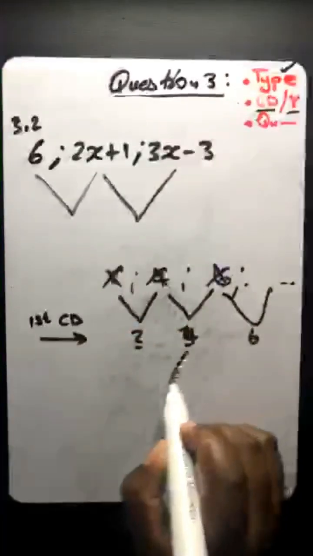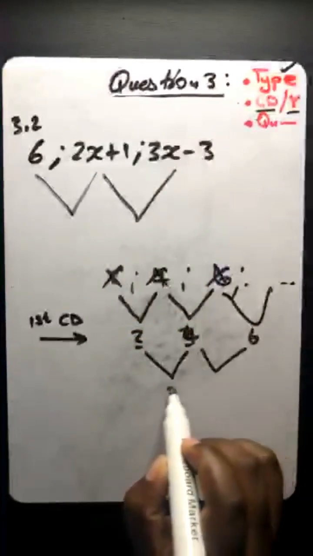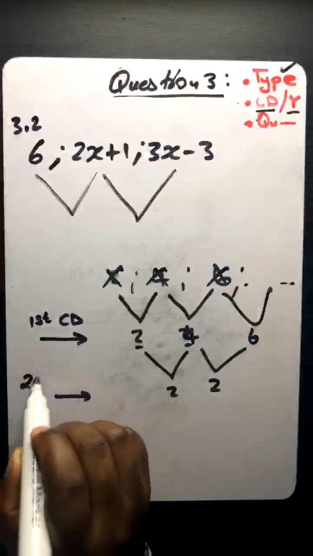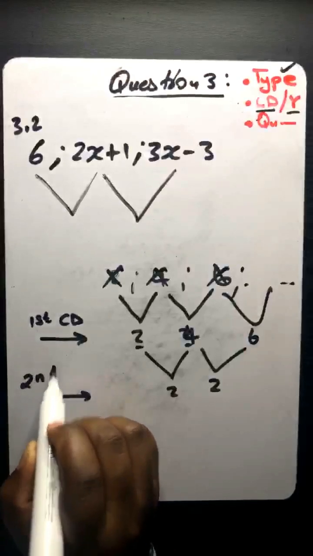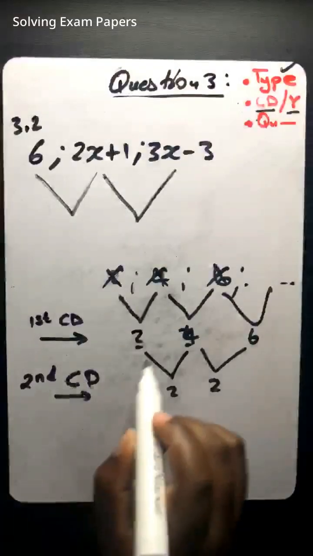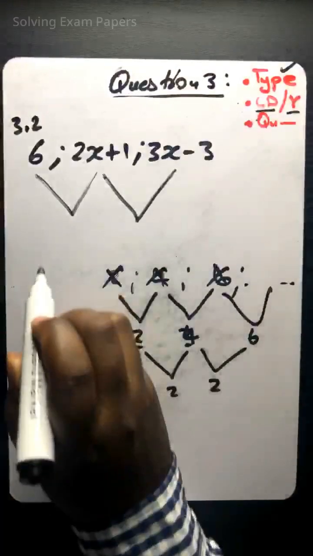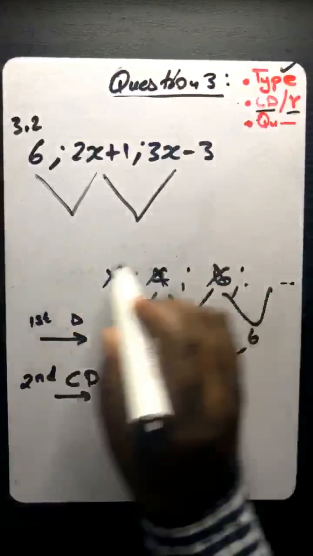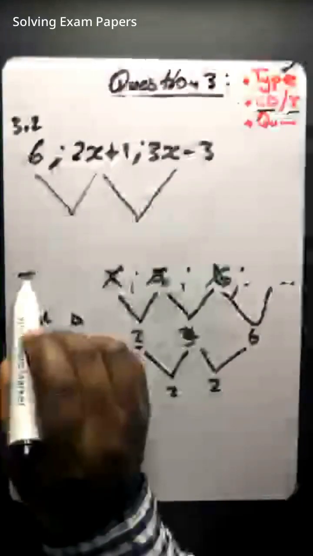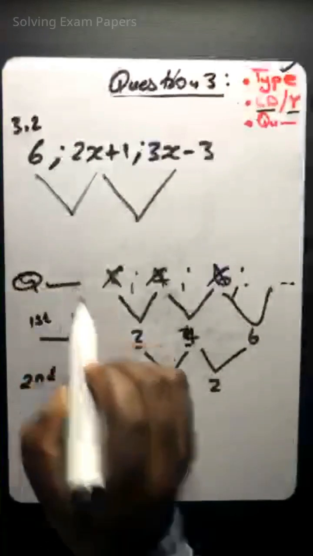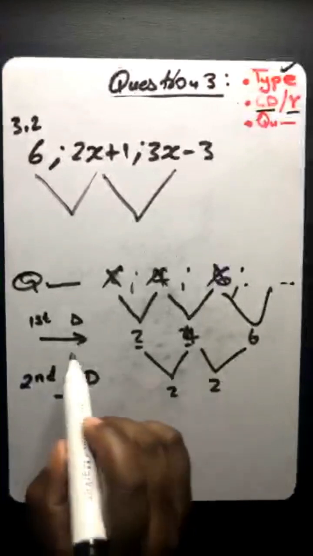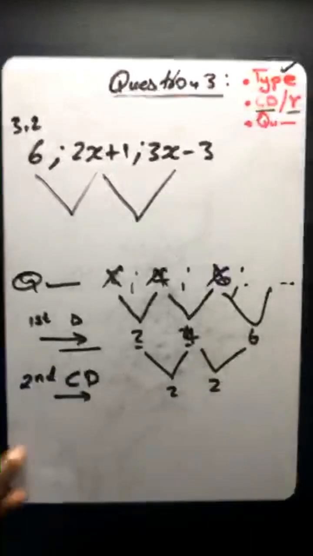Then you say this minus that, you get 2 and 2. This is the second layer of the difference. But this is common, so this one is not common. That's when you delete it. Where you have two layers of difference, that's when you're dealing with a quadratic pattern. But where you are having the first common difference, it is